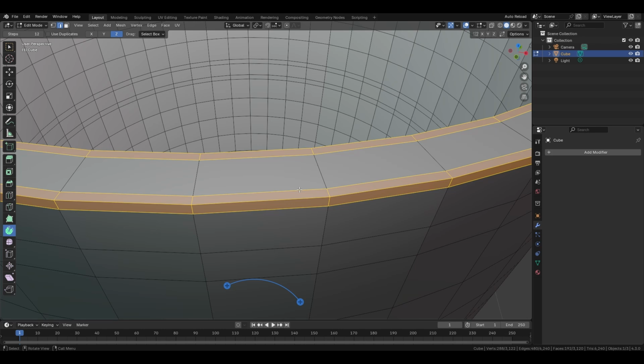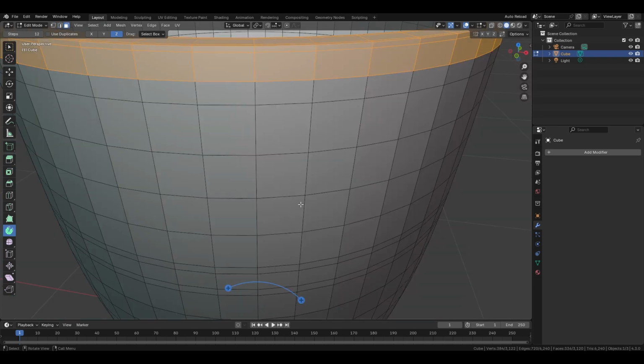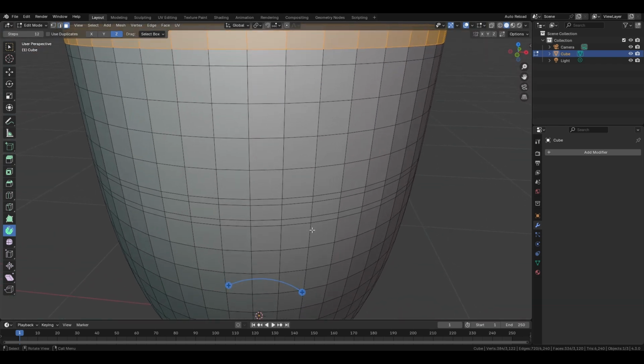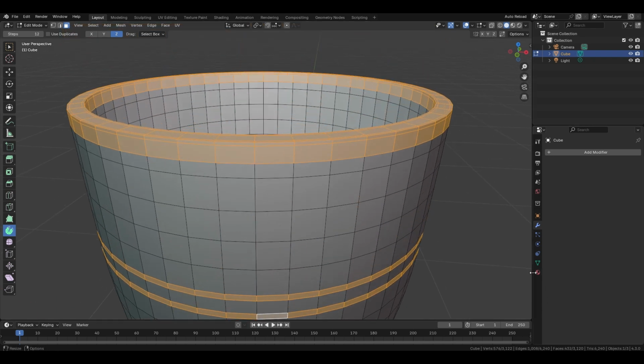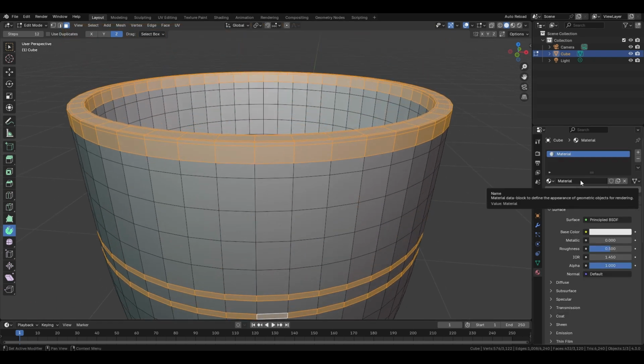Now these faces are selected. With that, just hold Ctrl and press plus to increase the selection, and then in face selection just hold Alt and Shift, click here to select these circular faces. After that, go into material properties, just change this as a white cup shiny, and I'm going to rename it